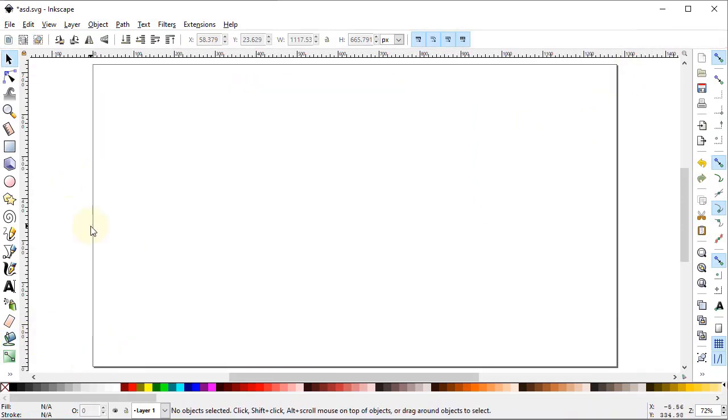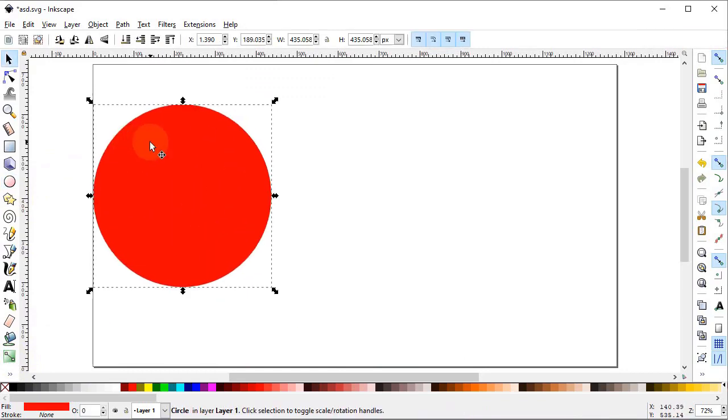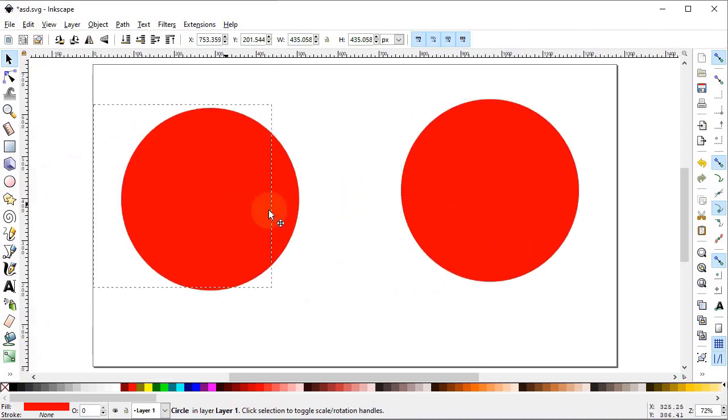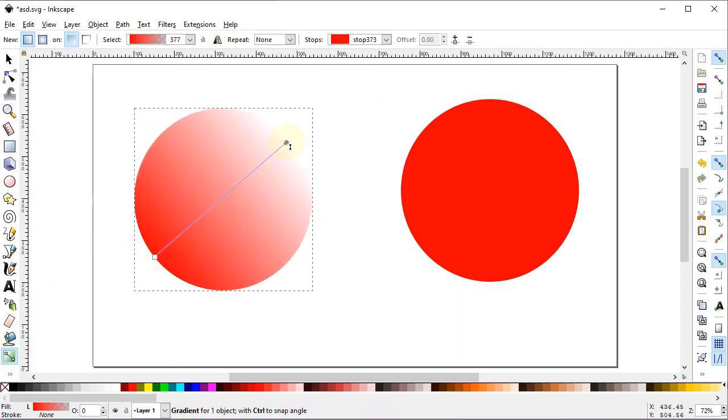Now let's continue with the next tool, which is edit gradients tool. First of all, select the ellipse tool, then hold down the control key on the keyboard and draw a perfect circle like this. Right click, duplicate it and drag it up to this point like this. Now select the edit gradients tool and hold down the left mouse button and drag the mouse from this point to this point. Now select this point and assign any of the colors that you want, like this orange color,